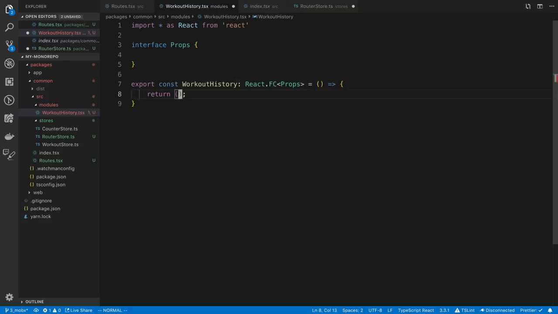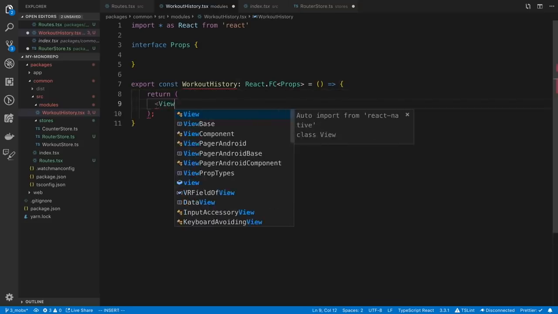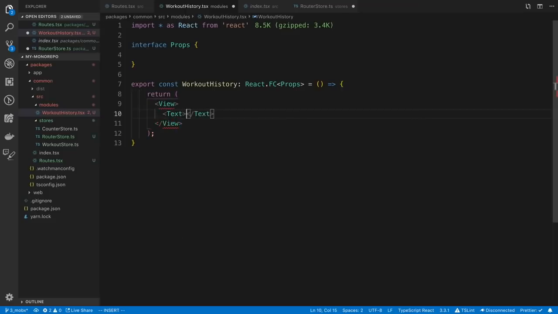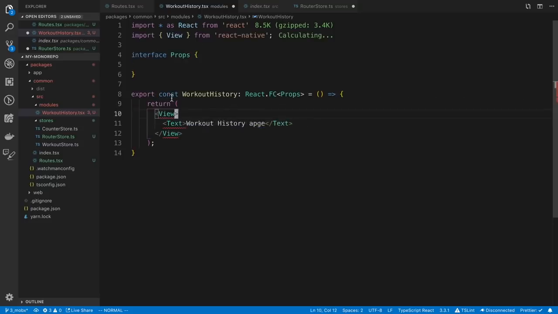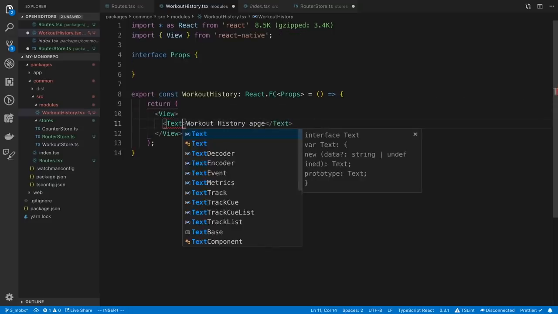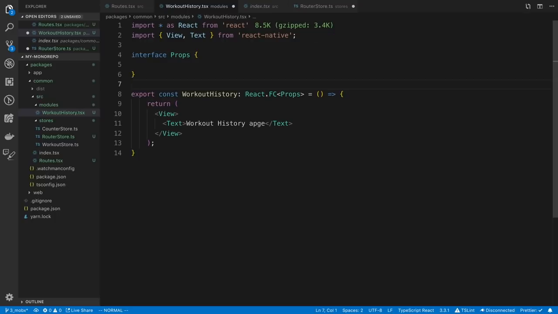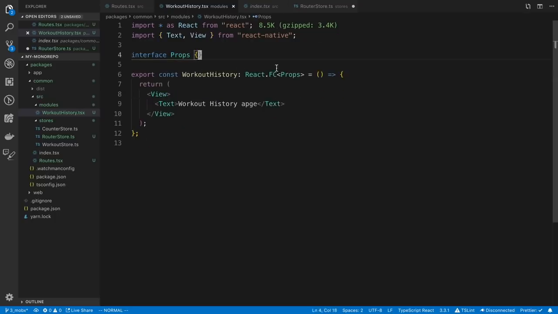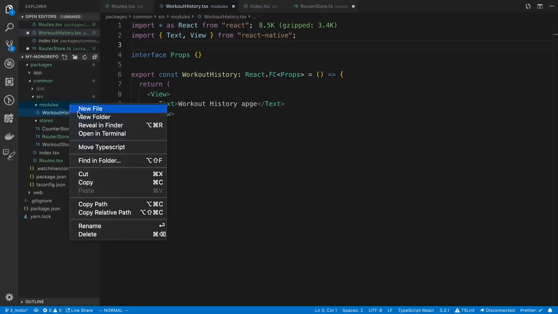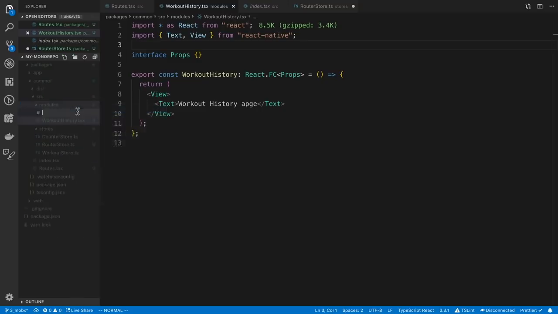Workout history. And so the workout history is just going to say view text workout history page for now. Import all that. Import the text as well. And we're going to have just empty props for now. Give that a save. And then the other screen is going to be the current